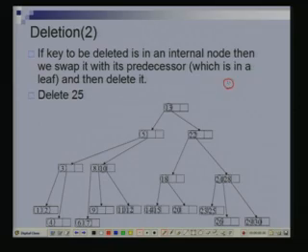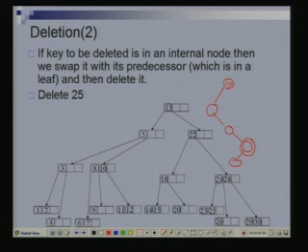In the case of a binary search tree, the predecessor of a node need not be a leaf node. Suppose this was my binary search tree, this was a node 10, and I am finding the predecessor. So, I go left and then I go right. This could have been my binary search tree. What would be the predecessor of 10? It would be this guy, but this is not a leaf node. But here the predecessor will always be a leaf node. Why? Because these two will be at the same level in this.